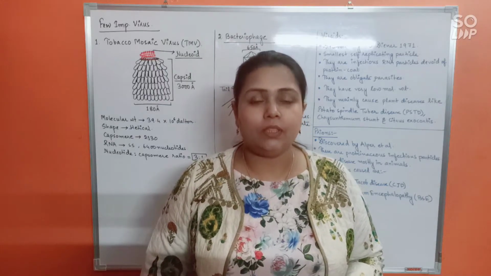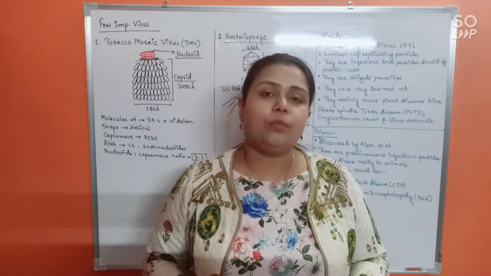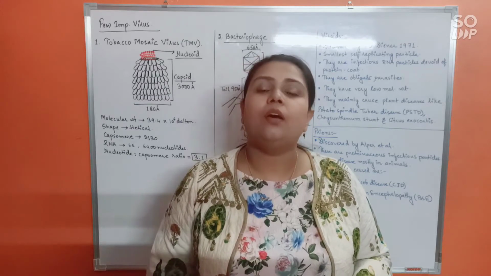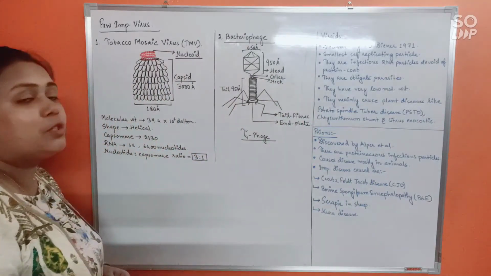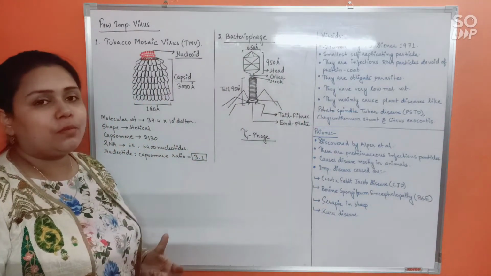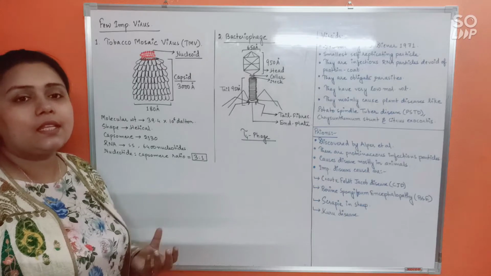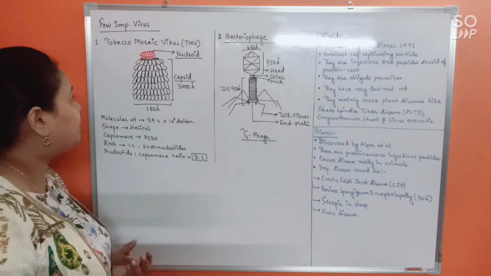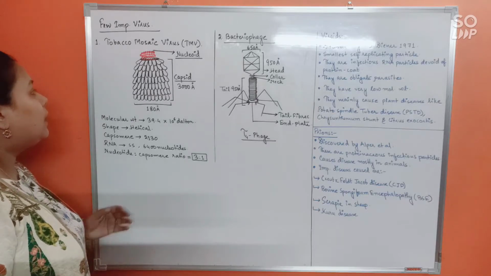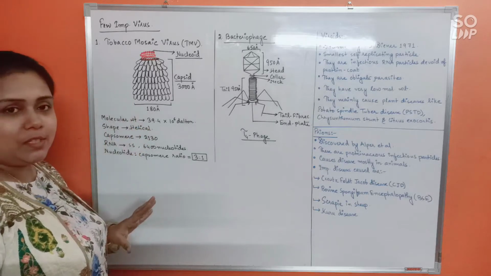End of this chapter. So here we are going to discuss a few important viruses, followed by viroids and prions. So starting with tobacco mosaic virus. It's of course the most important virus as it has been extensively studied, being the first virus to be discovered. So as you can see, it looked like a bunch of grapes, isn't it?